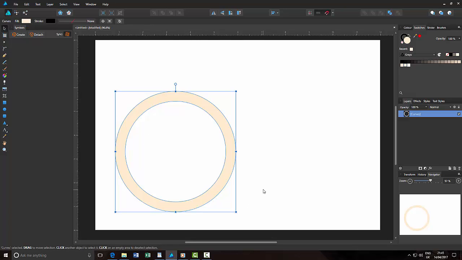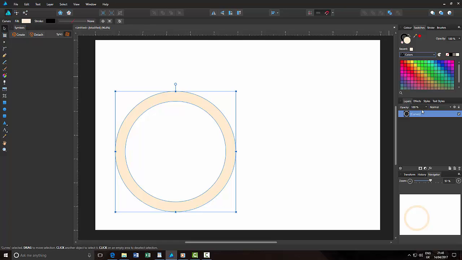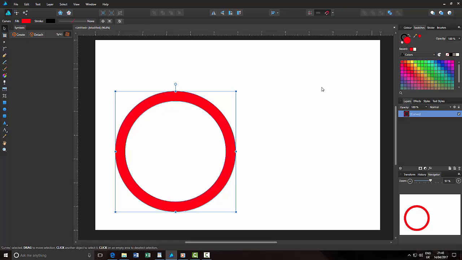And then we'll come to the swatches, and I'll come down to colours, and we can pick any colour, but I'm trying to stick as closely as possible to Rich Crowe's video. I'm going to make this one red, and